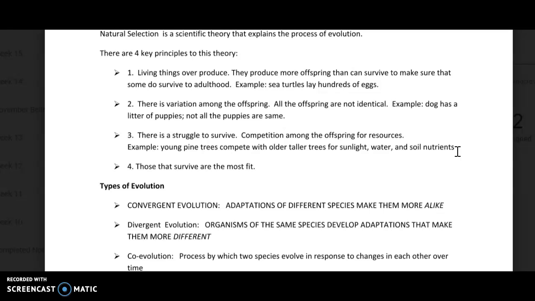Number 3 says there's a struggle to survive, competition among offspring for resources. For example, a young pine tree competes with the older, taller trees for sunlight, water, and soil and nutrients. We usually think about competition being between animals, fighting over mates, fighting for food, fighting for water, fighting for territory. But it's also plants. You also see competition there as well, because